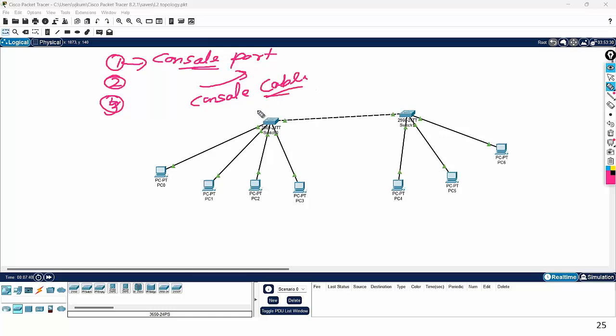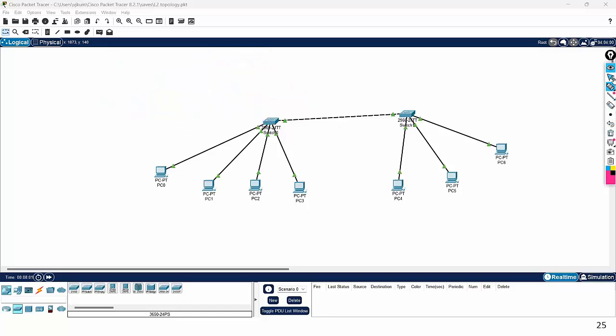Once you connect the console cable, connect it to the PC or the laptop. Another way is that you can connect through Telnet or SSH. Remotely you can access this switch.